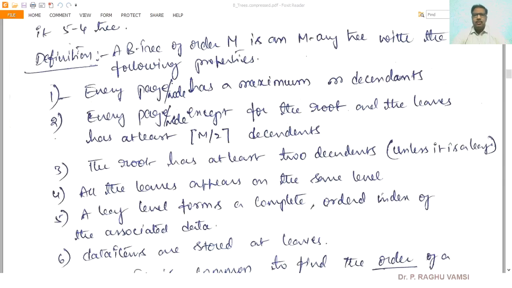So in the last lecture, we dealt with the concept of the B tree, why this particular B tree is important, what is the specialty of the B tree, and how the B tree achieves faster access with the help of the index that it creates.